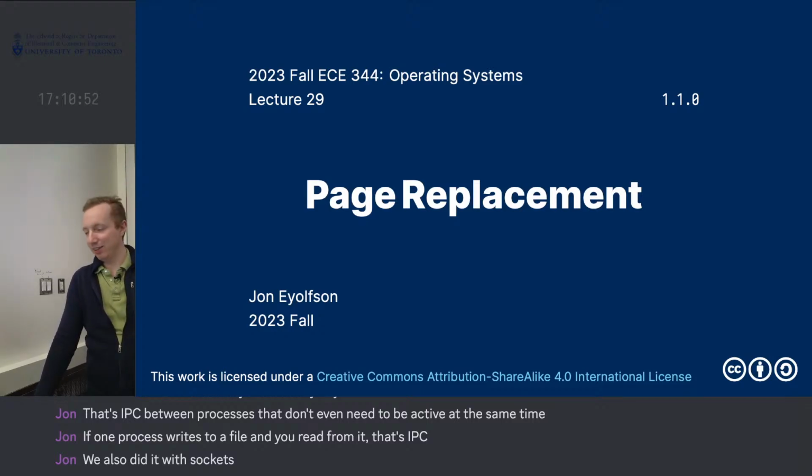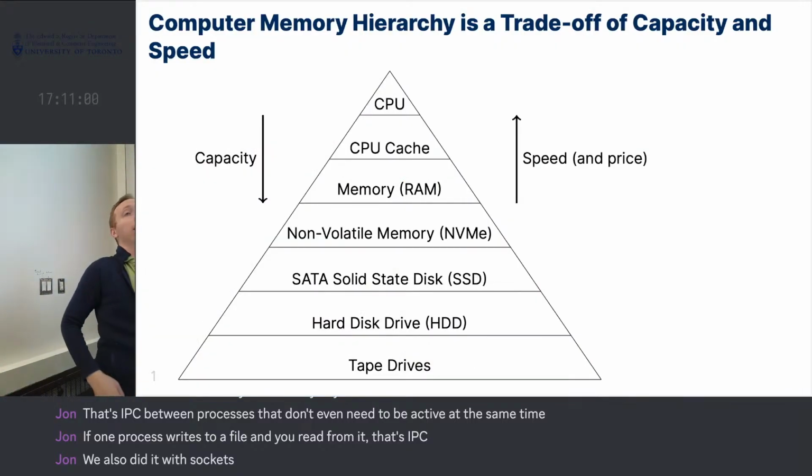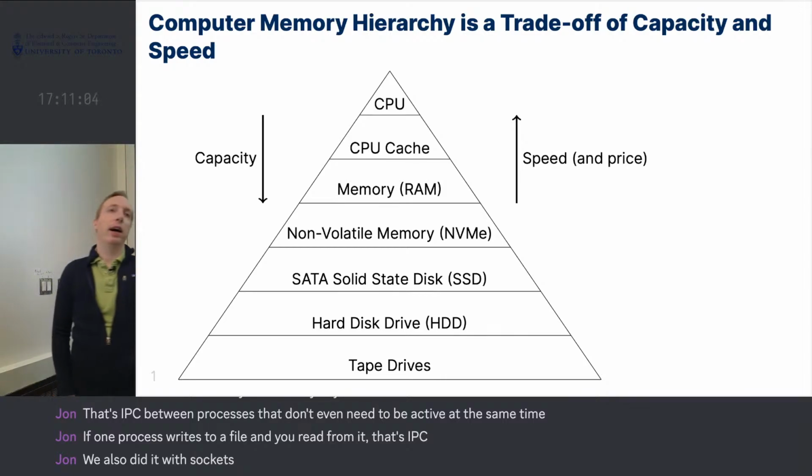Okay. All right. So now we get to talk about page replacement. So on our machine, our memory hierarchy looks something like this. At the top, which is the fastest and least plentiful memory, it's like the CPU. So we only have a few registers on our CPU. It's as fast as we can get to store bytes, but there's not much of it, and